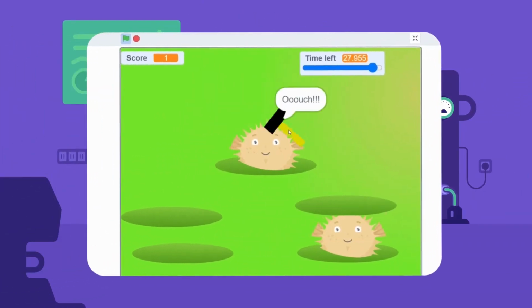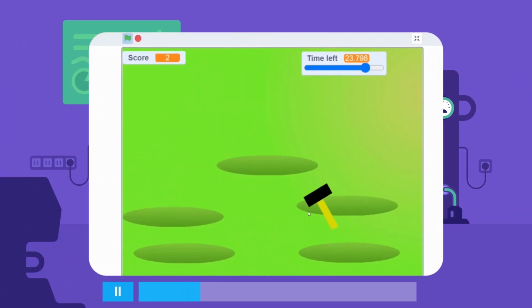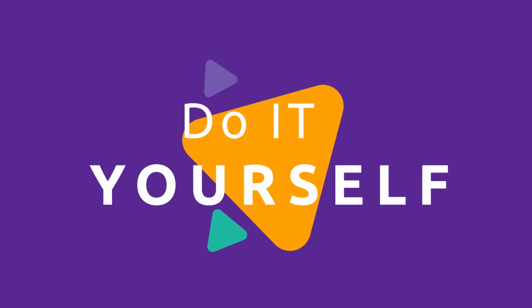Let's see how the final game looks. Just like the original game, we too have a hammer which can be hovered with the help of mouse, and there are many holes from which viruses spawn randomly. Our goal is to hit as many of these viruses as possible before the timer runs out. Let's dive right into developing the game from scratch.